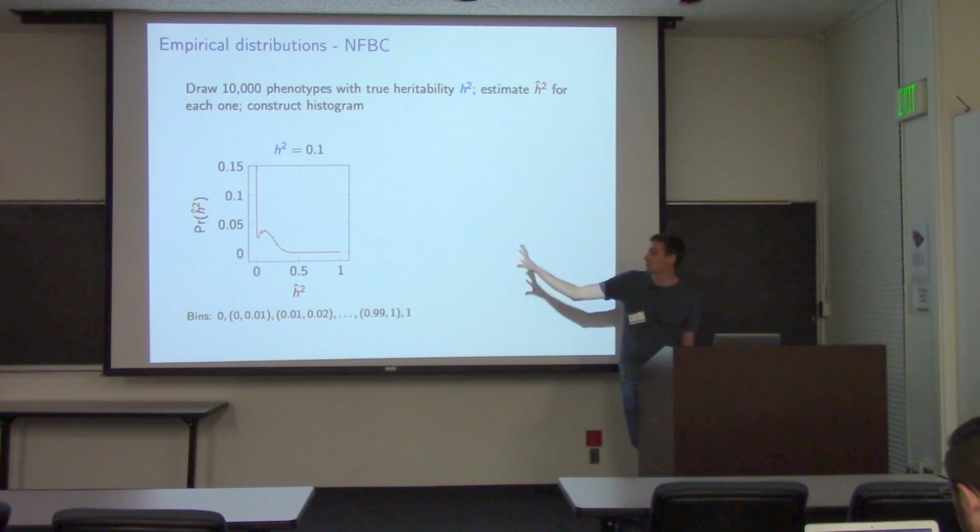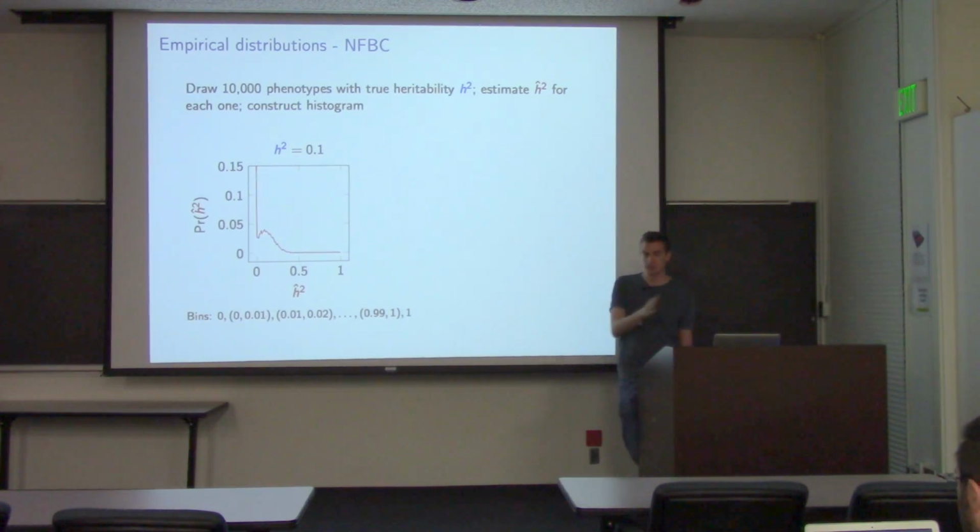So we get this histogram here. On the x-axis, we see the estimate, and on the y-axis is the probability of getting this estimate. We are binning this range because it's continuous. We have one bin at 0 and one bin at 1, because those are the boundaries. That's important. And then in the middle, we divide it into 100 chunks, and we get this thing, which